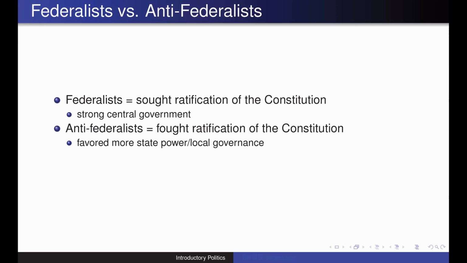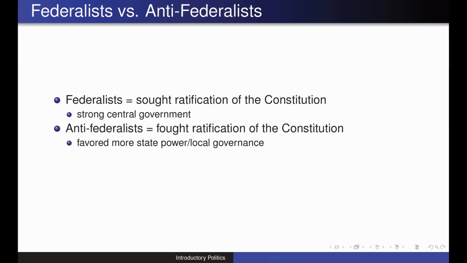We called those the Federalists and the Anti-Federalists. The Federalists were the ones who agreed with the new Constitution and thought that it was good to have a centralized government that was much stronger than the one created under the Articles of Confederation. But then we have the Anti-Federalists, who thought that this new constitution gave too much power to the national government, that it was going to lead to the federal government becoming too powerful, and that a lot of the power really should remain with the states.